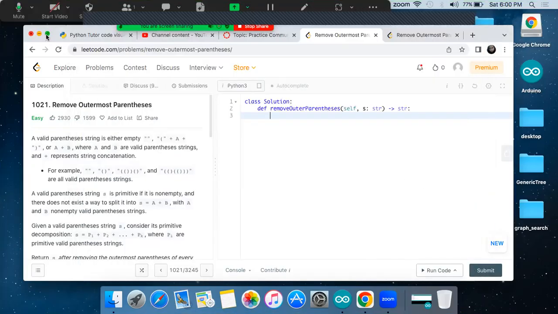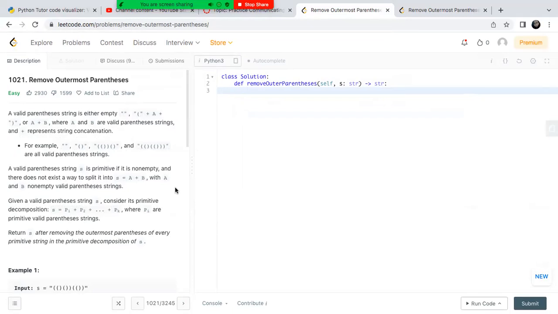Hello and welcome. We're going to go over this problem, remove outermost parentheses, today. And we're going to use the UMPIRE process to do so. So let's get started. The problem statement is: a valid parentheses string is either empty,